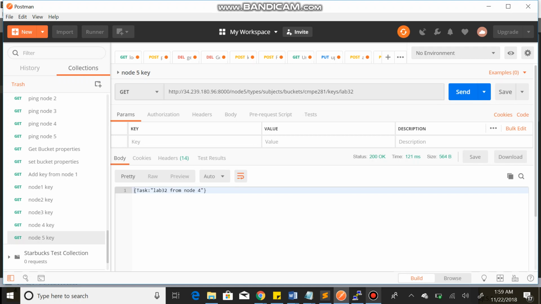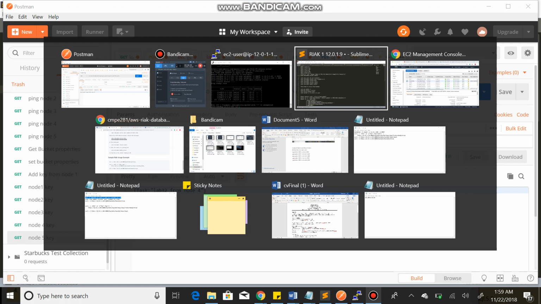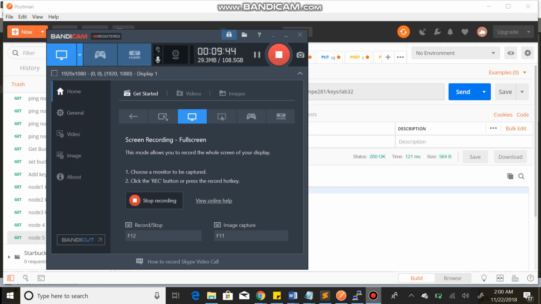Because lab 32 from node 4 was the later one compared to lab 32 from node 1, the latest one got updated to all of the other nodes. So the AP properties, and the asymmetry